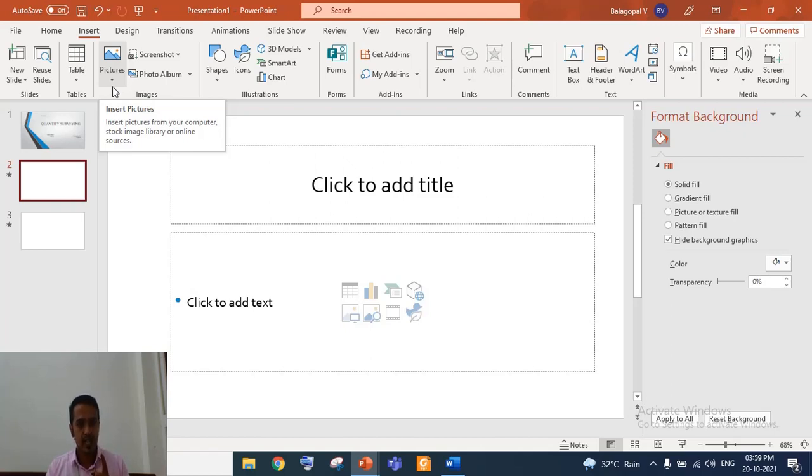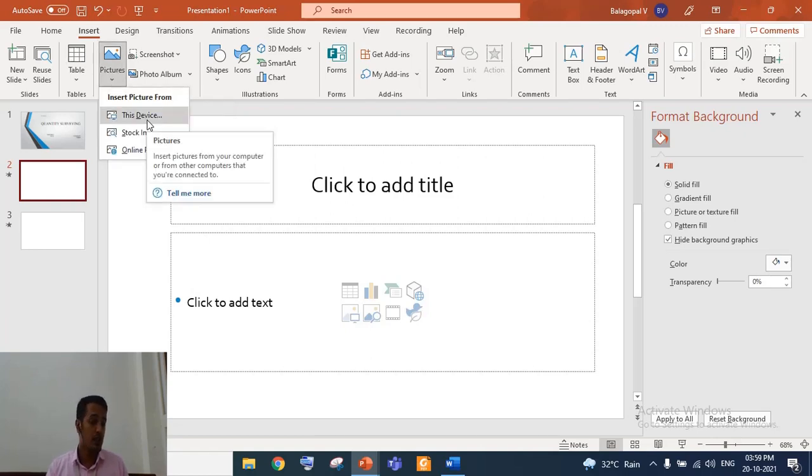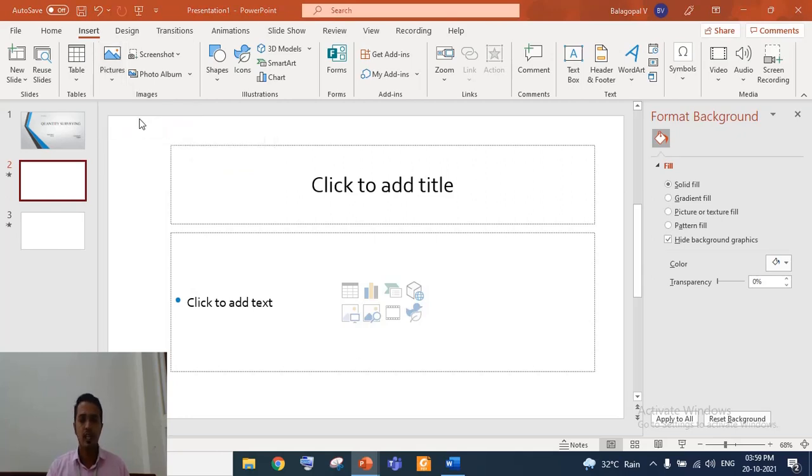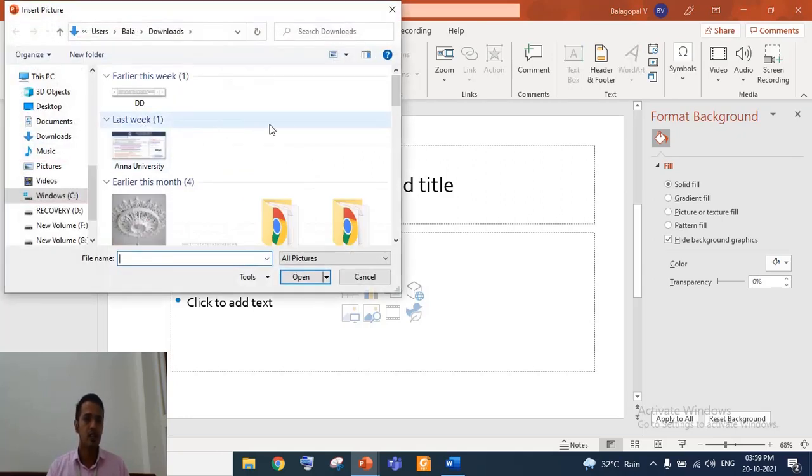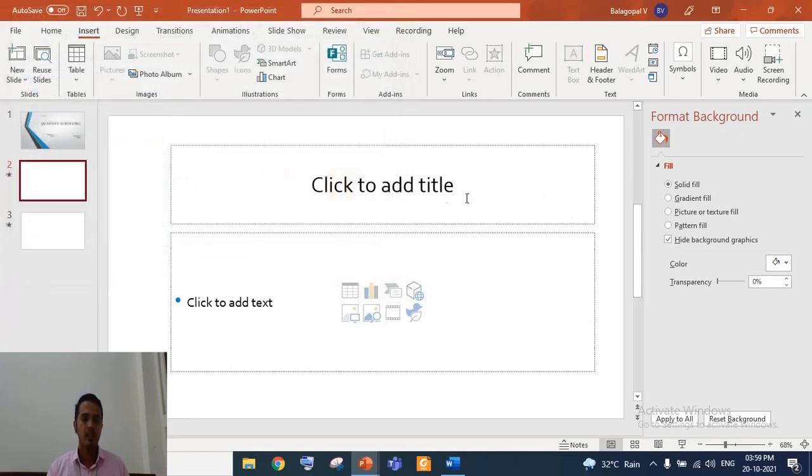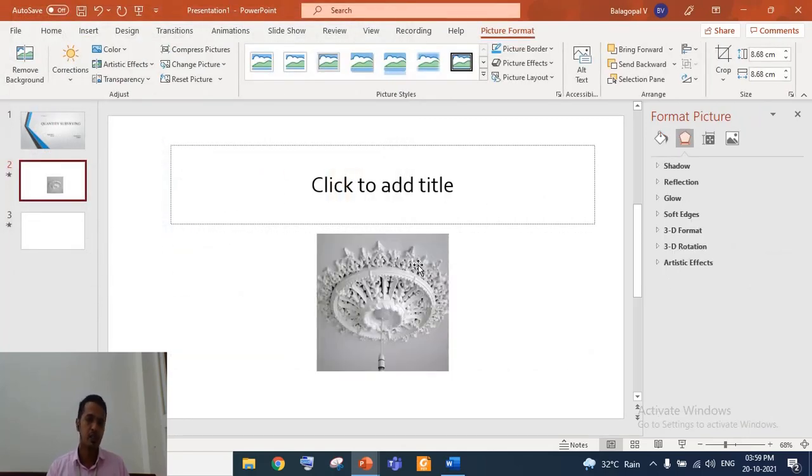The first option is that you should select Pictures here, if the picture is already present on your device. I mean, if it is already available on your laptop, you can choose this device option, select it, and add this picture to your slides.